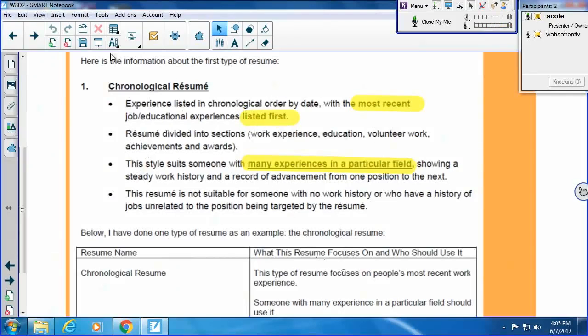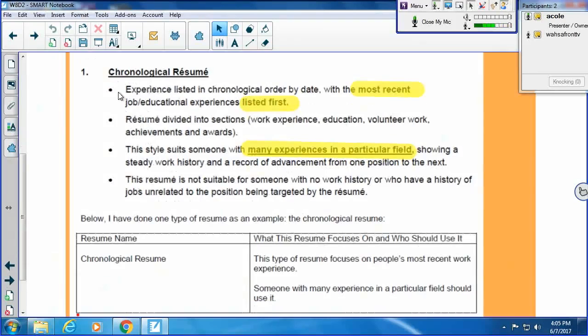the chart. So if we look at the first type of resume here, the chronological resume, I'll just read out what it has to say. It says, experience listed in chronological order by date with the most recent job or educational experiences listed first. Resume divided into sections, work experience, education, volunteer work, achievements, and awards.